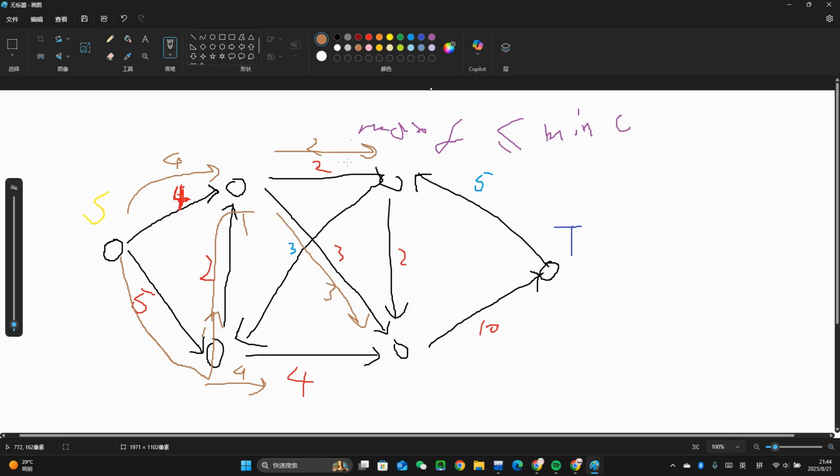And then the 2 units, obviously they can't go this way because this pipe is backwards. So you have to go down this path, another 2 units. That's the 2 units that came from this pipe, right? And then those 2 and 3, along with these 4 units, come over here, and that's going to be a flow of 9. And then these 9 go through this last pipe to reach T,